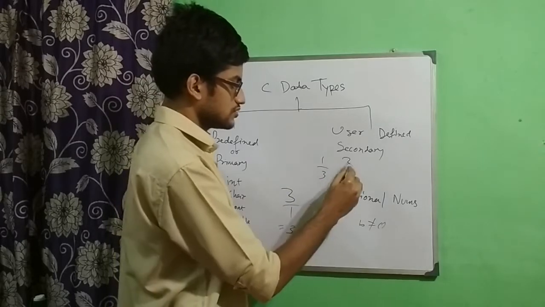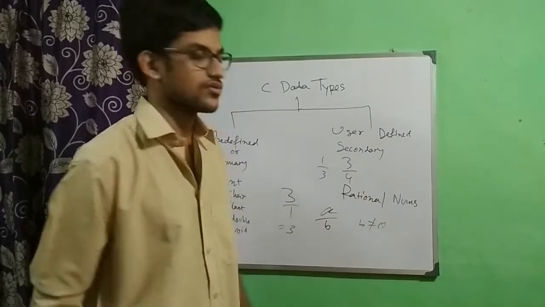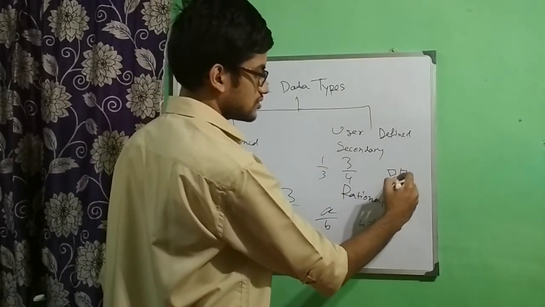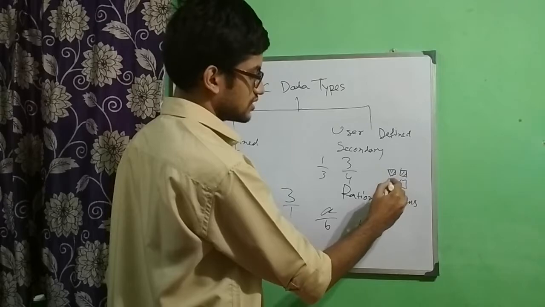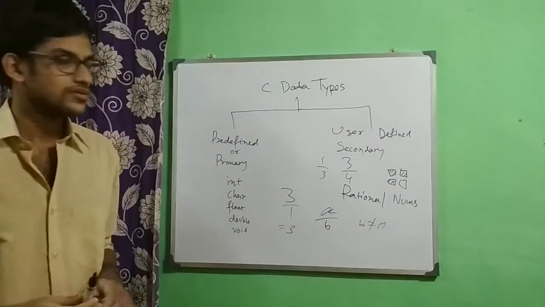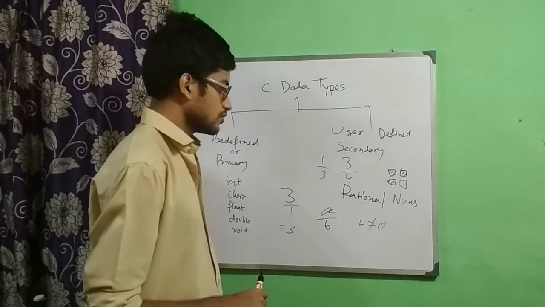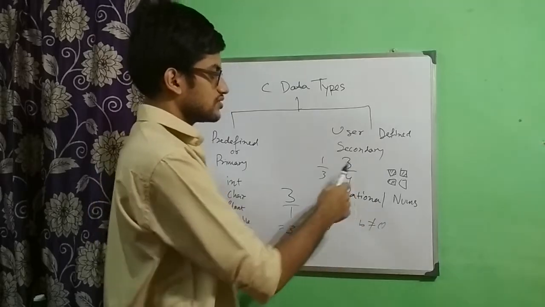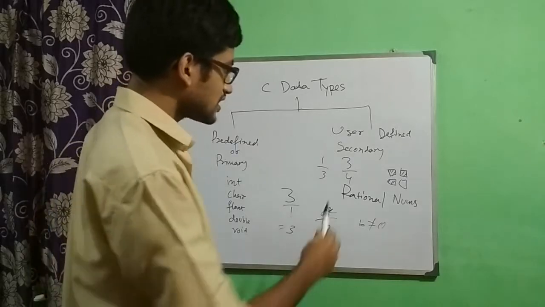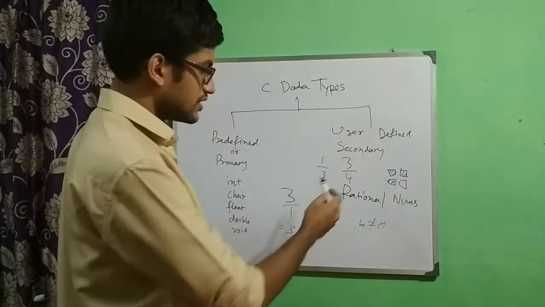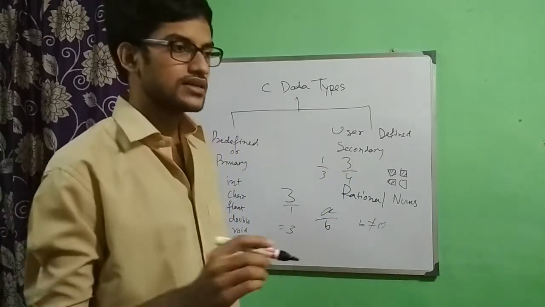As a fraction means 1 by 3, 3 by 4. 3 by 4 means we have used up 3 out of 4. You have 4 blocks, so I have used up 3, 1 is remaining. I have completed 3 out of 4, or I have attended 3 questions out of 4. Things like that. These are all fractions, 1 by 3, 3 by 4. If you actually perform the division, the answer will have a decimal point.